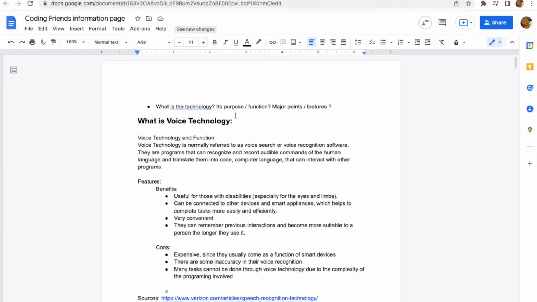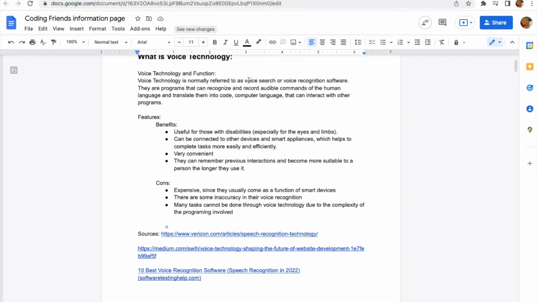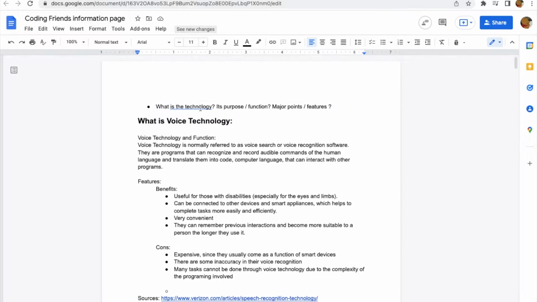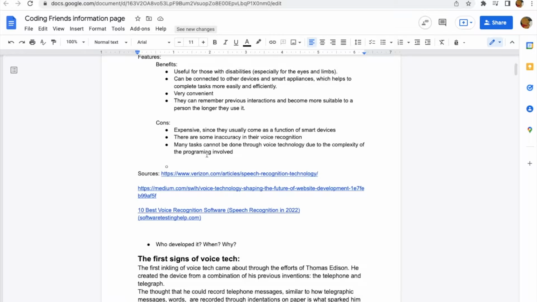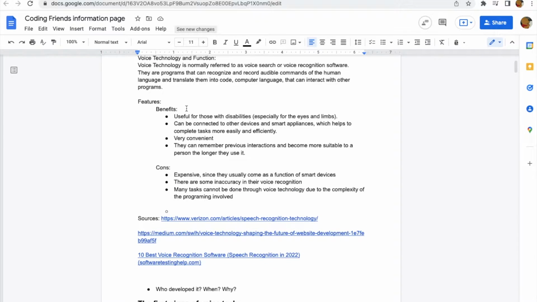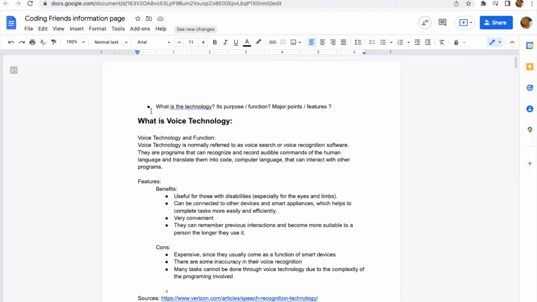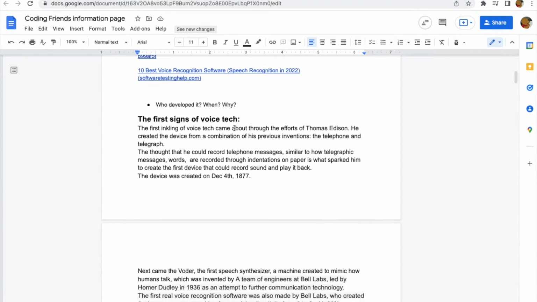As you can see, there's a lot of headers and also a lot of listings. It makes it easier to just organize stuff. And then we also have our sources after every major piece of information, so that we can keep track of the sources that we use. And it made everything so much easier when it comes to citing sources. So here's some of the headers, first sign of voice tech,